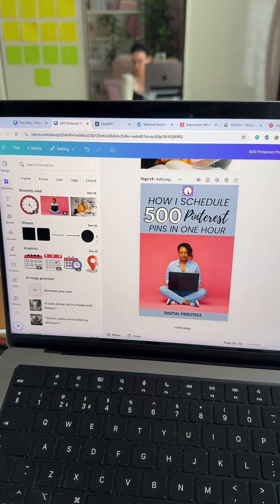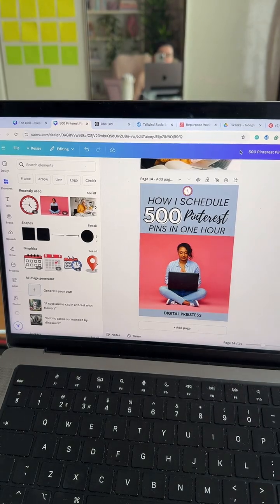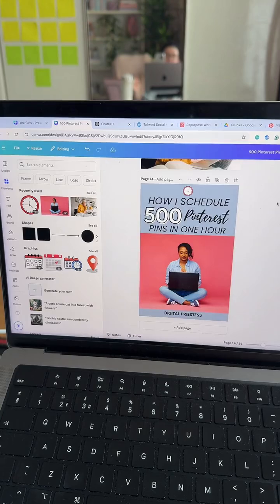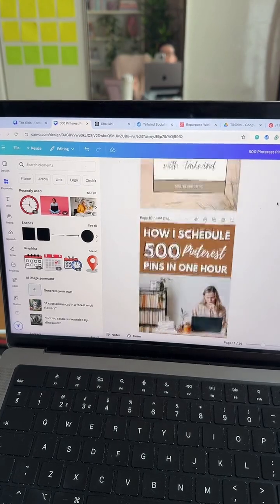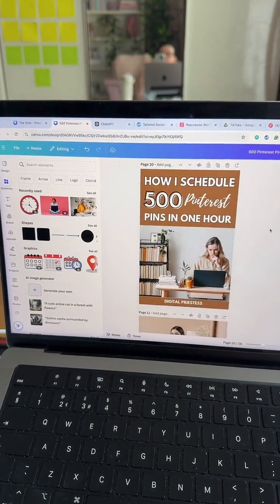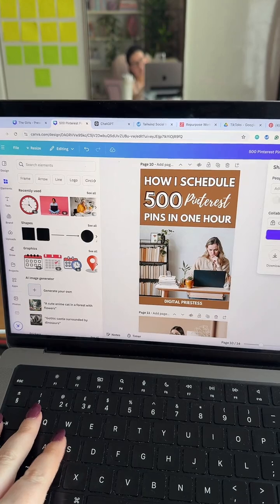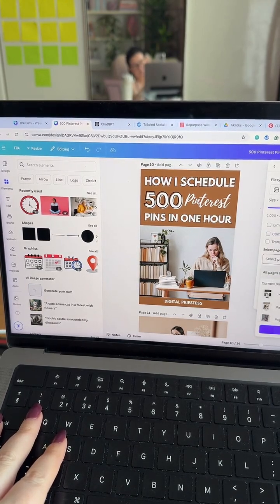She's using an example that's working well on her Pinterest. Yeah, so this pin is doing quite well on my smaller account, and I'm recreating it for my newer account, putting a few different styles on there. I'm showing you how you can take one template and turn it into multiple different pins. Okay, so I'll download those now so I don't forget. I'm downloading from page 10 onwards, aren't I?